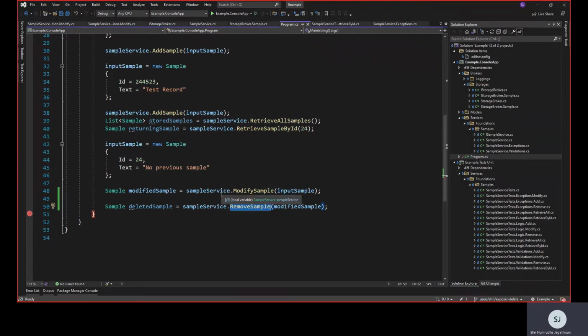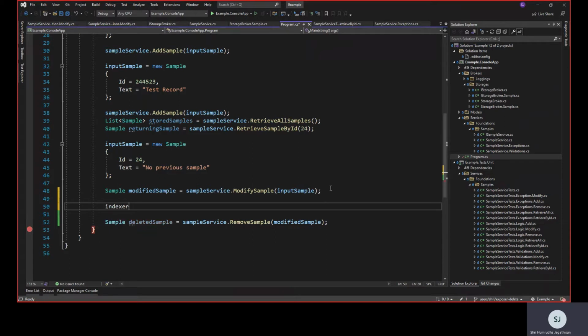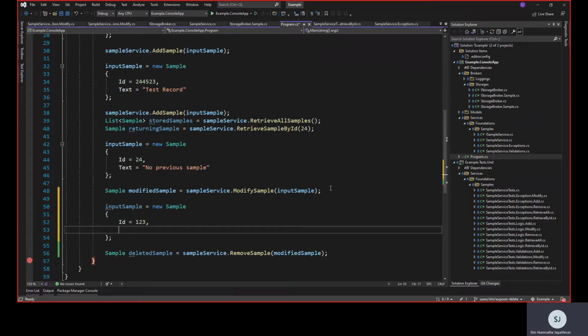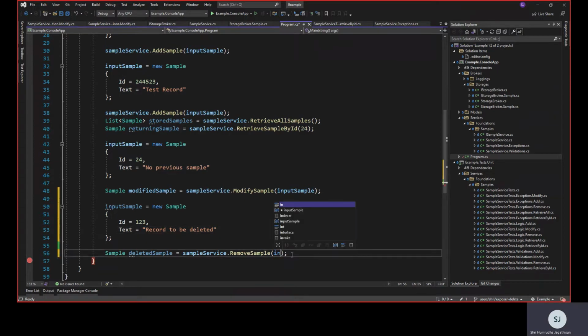Now let's try something different. Instead of me calling the modify, what I want is, let me create another record to delete. So input sample equal new sample. Let me call something that is not even existing, right? So 1, 2, 3, text record to be deleted. If this works, so